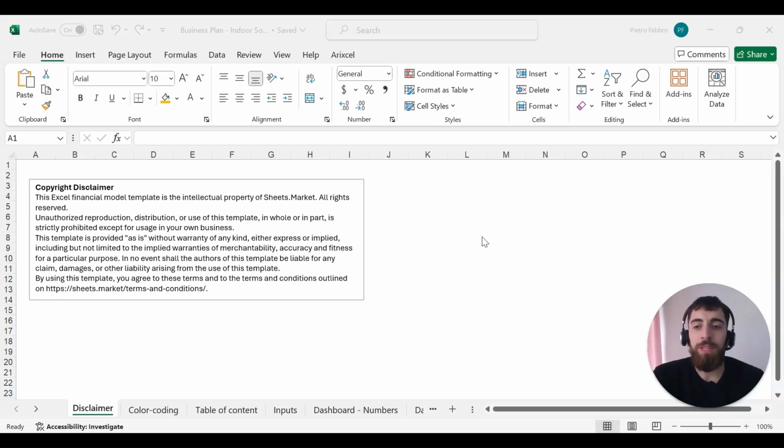Hello and welcome in this tutorial on how to use the sports and recreation financial model template. This template can be adapted to any sports and recreation business like an indoor soccer business, paintball, laser tag, and